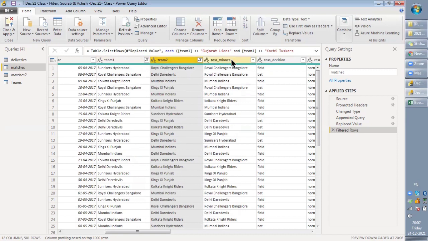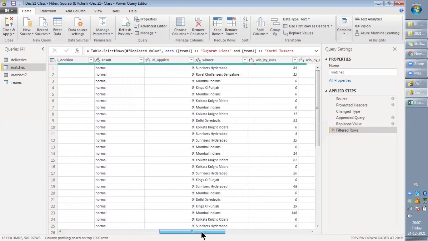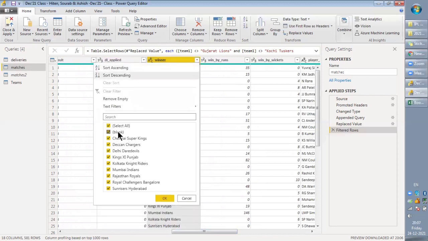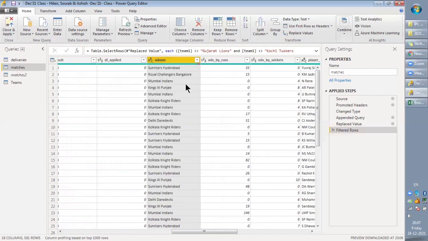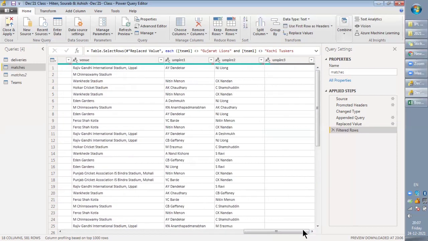Okay, one more thing. Yes, please go ahead, Saurabh. Aman, you just replaced them in the team column, right? We haven't replaced it. We have just unchecked them. Accordingly, the rest of the data linked to it should go away, right? Yes, they will go. We will check that when the data is loaded into the Power BI desktop.